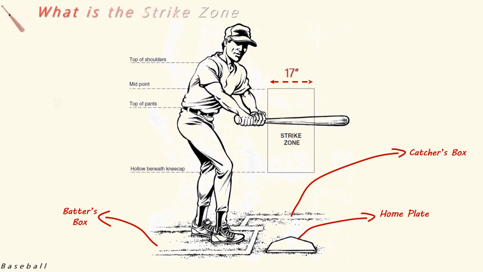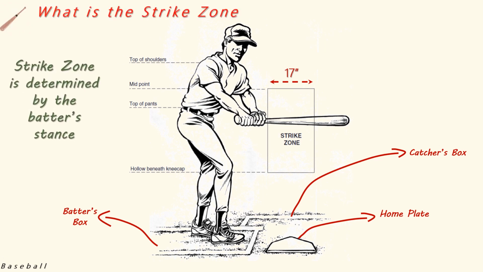The strike zone is determined by the batter's stance as the batter is prepared to swing at the pitched ball. Therefore, we can say that it is different for different batters. The strike zone's definition has changed over time. For example, in 1876, a hitter could choose one of high, low or fair strike zones prior to the at-bat.